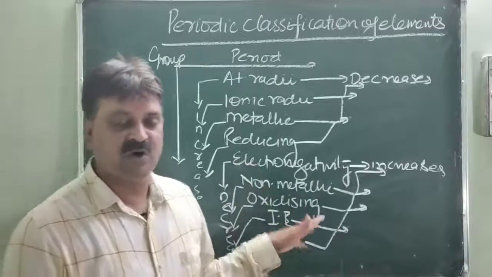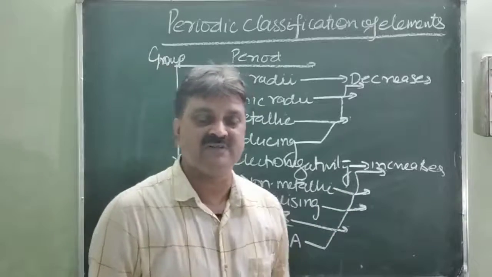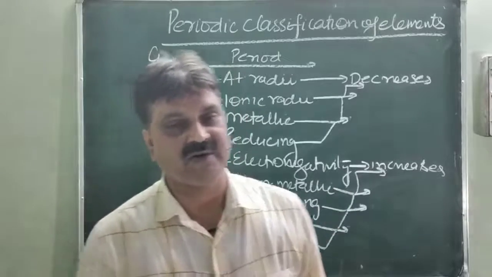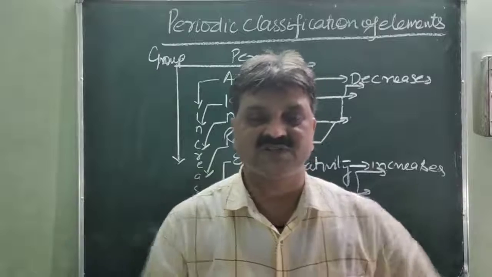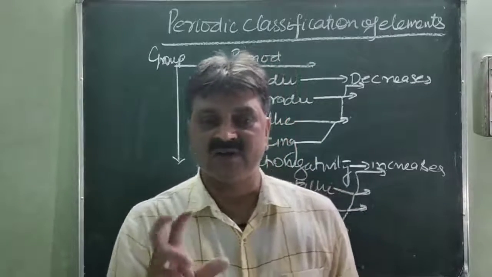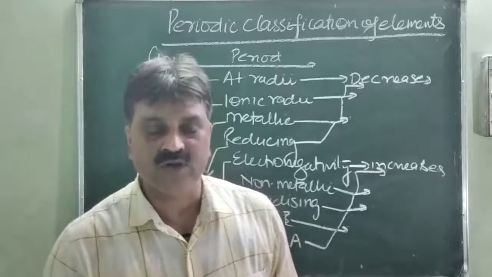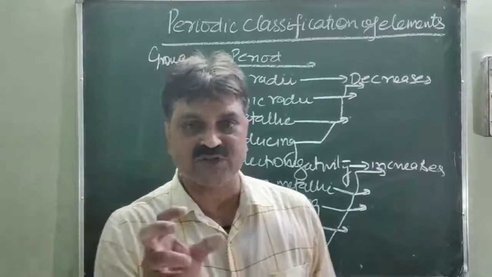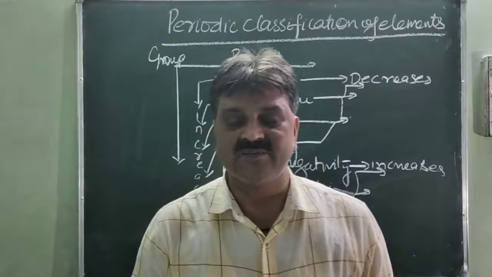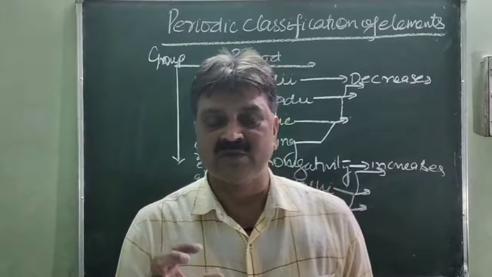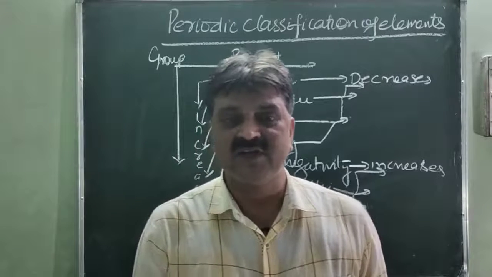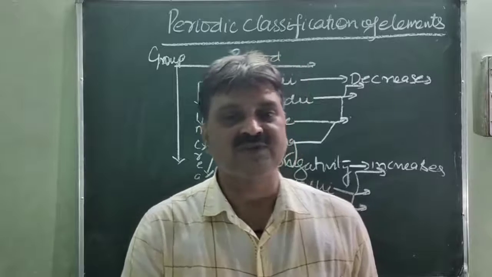So these are all about the periodic classification of elements and the periodic properties. In these sections we have discussed different models for the classification of elements, like the Dobereiner triad rule, which was based on a sequence of three elements of similar character, where the average atomic mass of the first and third element is roughly equal to the atomic mass of the second element.